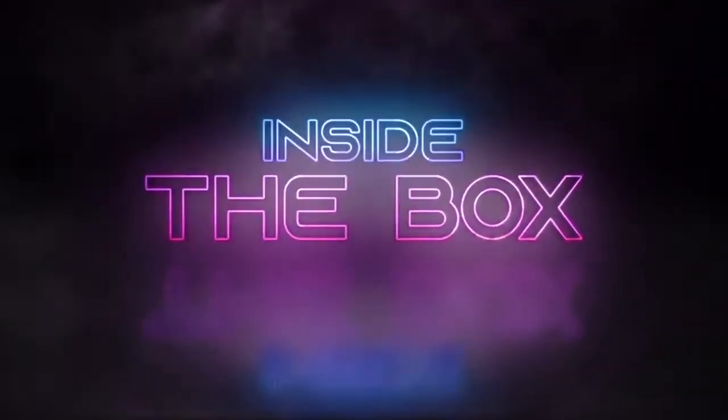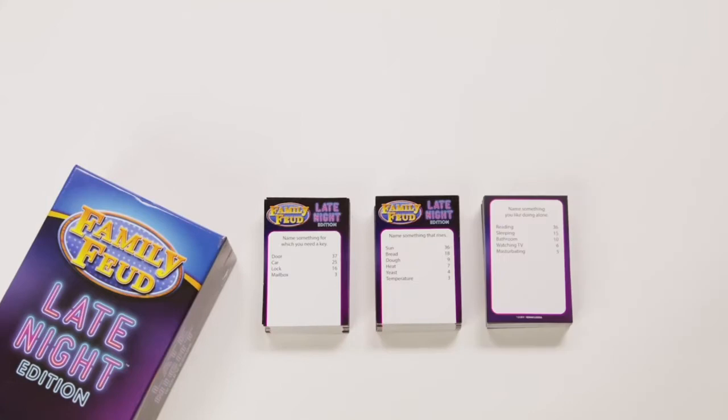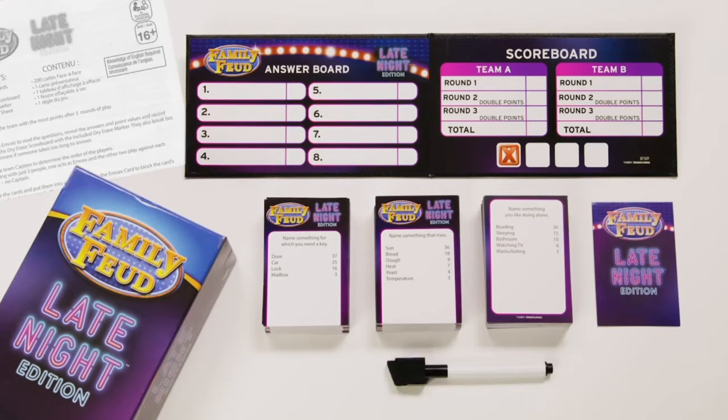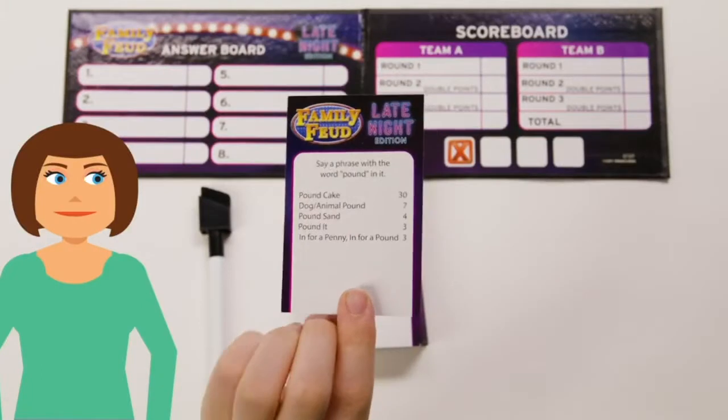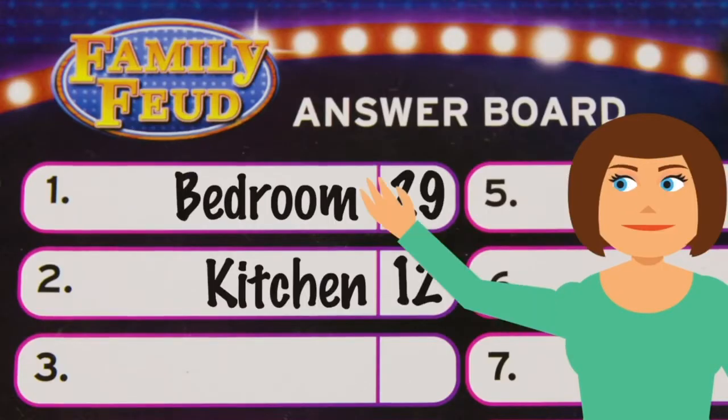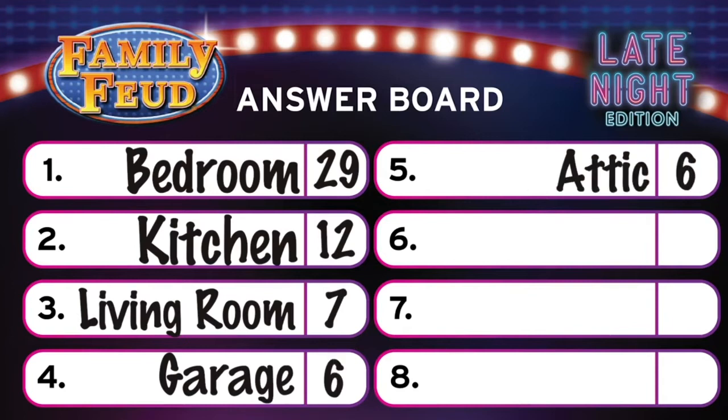Inside the box, you'll find 200 face-off cards, 1 MC card, 1 dry erase scoreboard, 1 dry erase marker, and 1 instruction sheet. To begin, choose an MC. Their job is to read the questions, reveal the answers and point values, and record them to the dry erase scoreboard